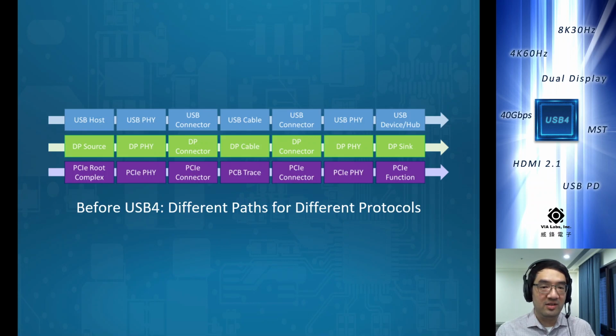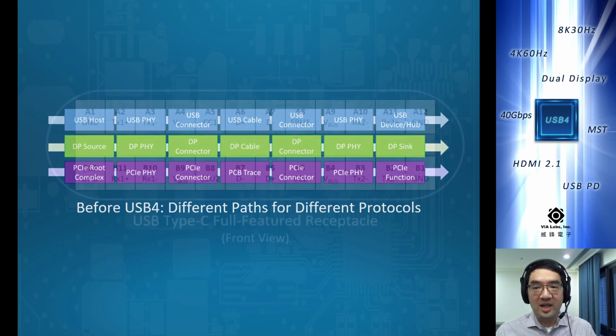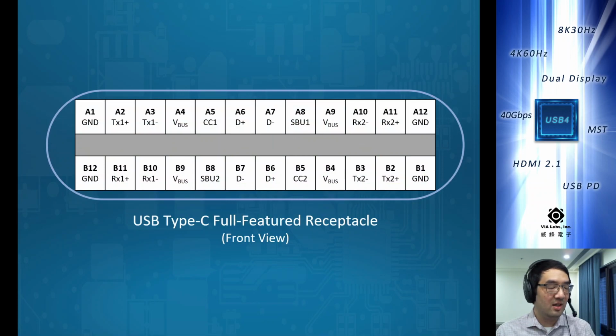Running PCI Express outside of the box using cables is going to be a rather foreign concept for most users, unless maybe you're mining Bitcoin or something. With USB 4, we've been building on this groundwork laid by USB Type-C, and we get to see how we improve the situation. USB Type-C gave us a standards-based way of using the same connector to use multiple protocols. And this is an example of the USB Type-C receptacle that you would find on a host or maybe a device. These diagrams are mostly going to be based on a host perspective.